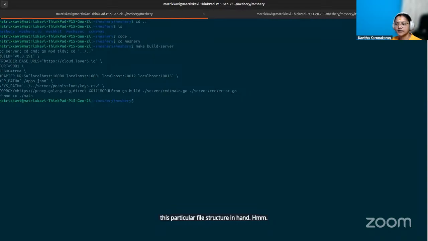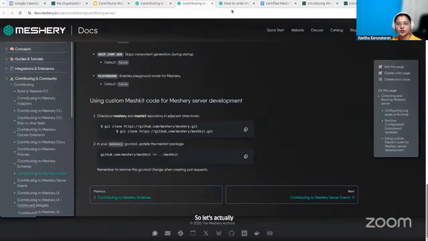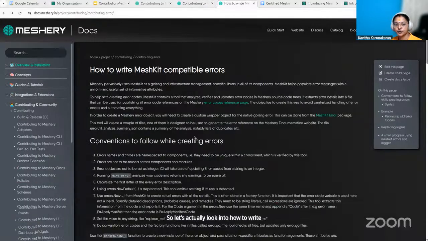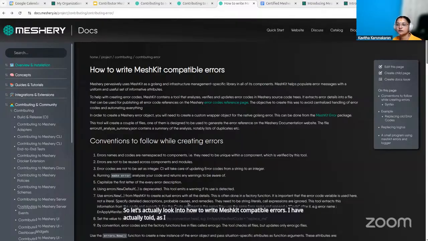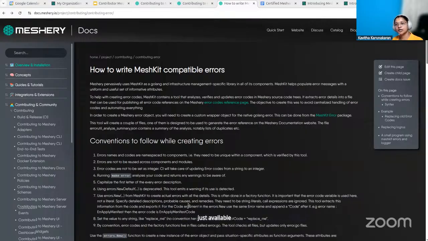So let's look into how to write MeshKit compatible errors. As I have told earlier in the previous sessions as well as a while ago, we try to use MeshKit compatible errors so that error handling is